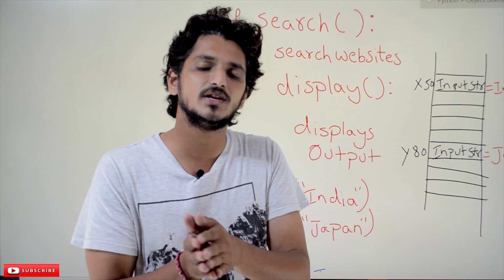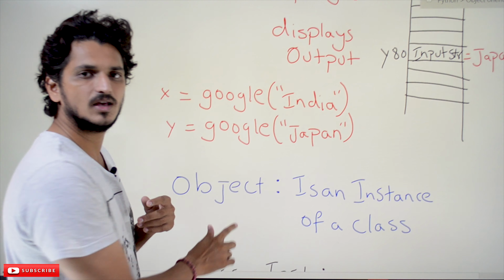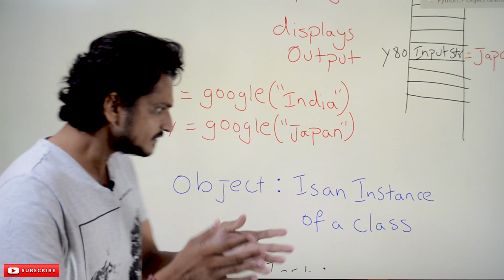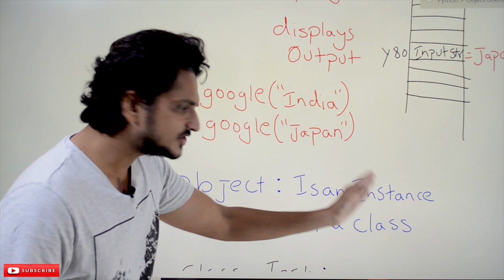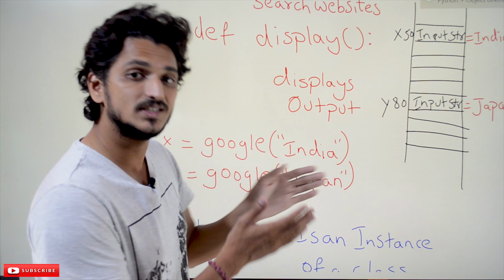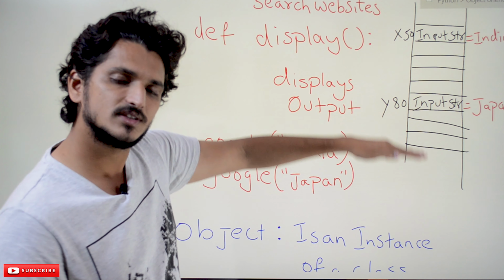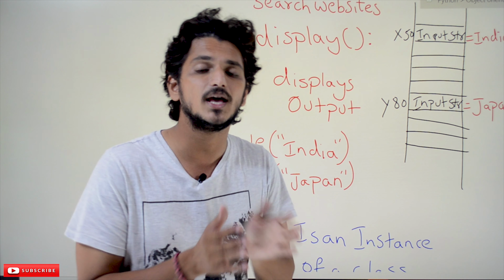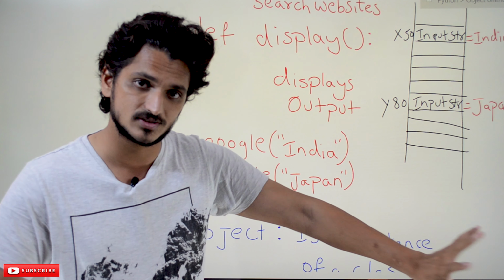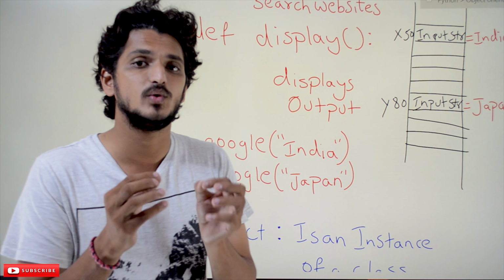Object has one more definition. Let's understand that definition too. An object is an instance of a class. The meaning is the same. Whenever we define an object, a separate memory is allocated. So why is it called an instance of a class? Whenever we define an object, a separate space is assigned, meaning it gives a separate instance. This is one instance, this is the second instance, this is the third instance. If you define 100 objects, 100 instances are created, meaning 100 different spaces are created. Each object has its own space. That is the point we have to understand.